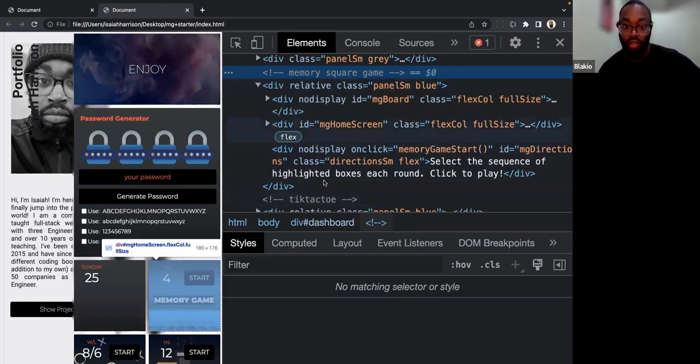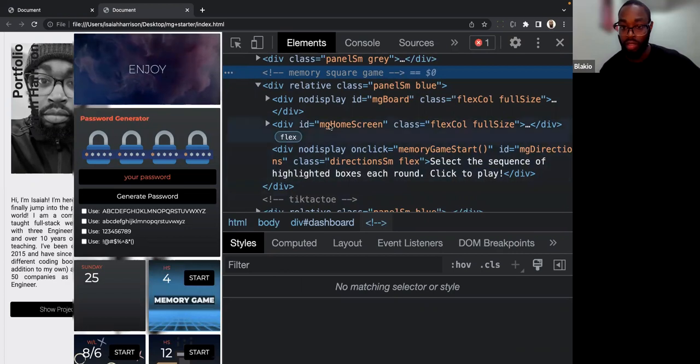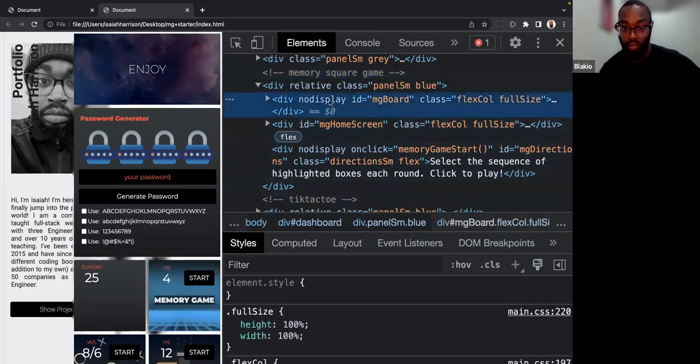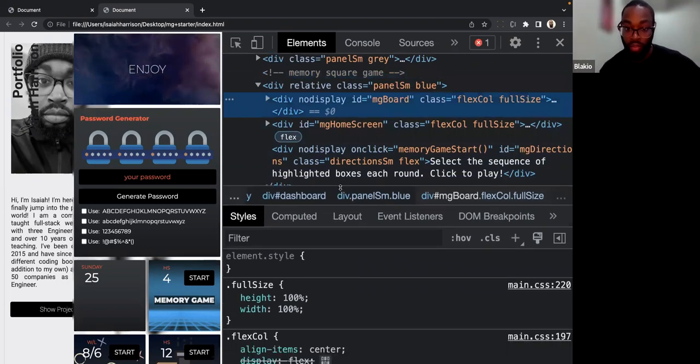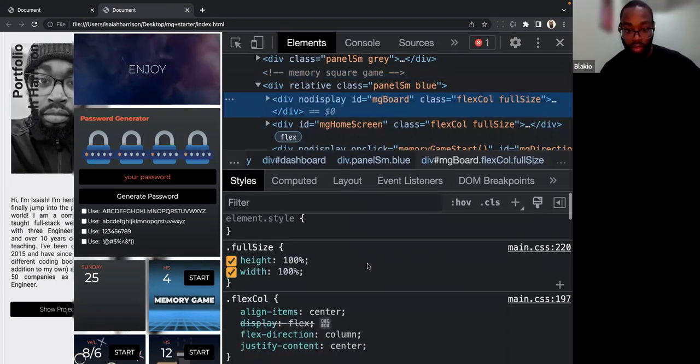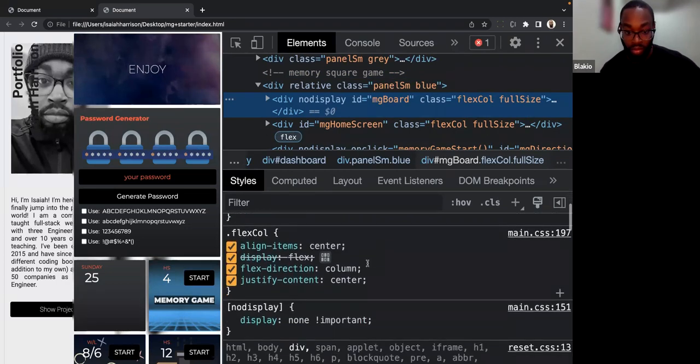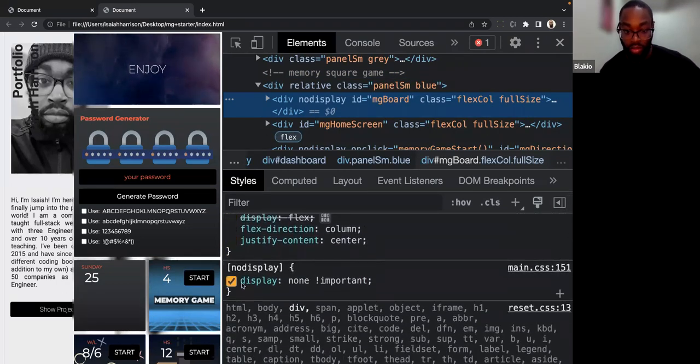So there's a few things here, and obviously not everything is showing right now. This one is not showing on the screen, and if we look at the CSS, we can see here that it's not displaying because it has this attribute of no display.